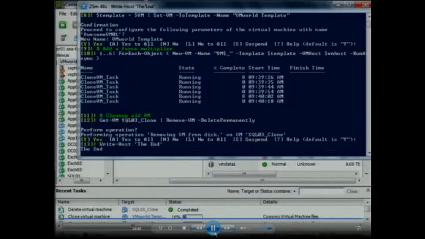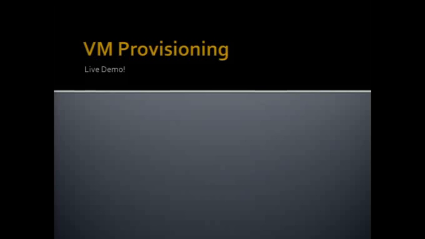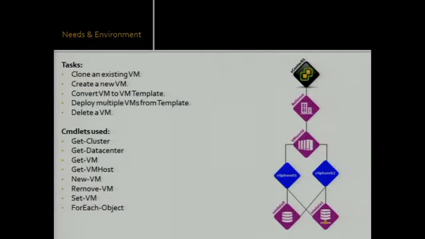Yeah, so those are three different possible days that you might have: instantiating a new environment, provisioning storage to an existing environment. How many people have those problems on 3 different days? All right, how many people have those problems in like 3 different hours? Yeah. So, instead of going and fixing it through the VI client and digging through your environment, this gives you a really, really quick way out. So what did we do? We cloned a VM, we created a new VM, we changed it to a template, we deployed a whole bunch of virtual machines, and then we deleted the VM when we were done.